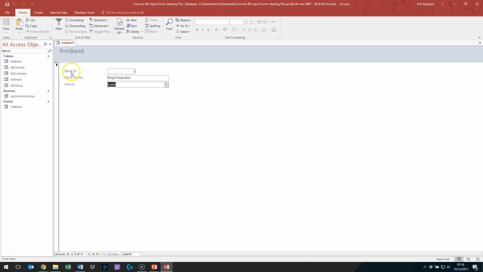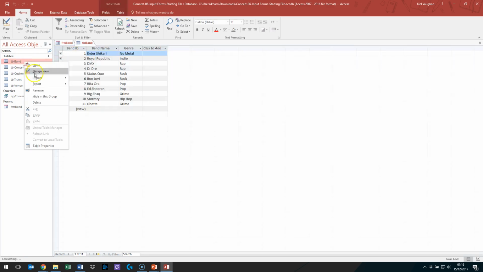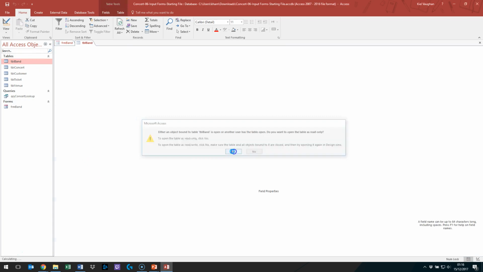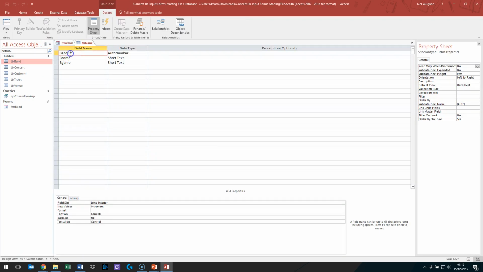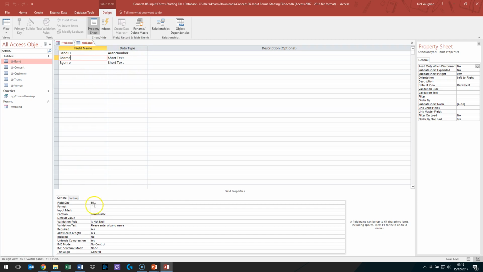Actually, a point about this: where have these captions come from? If you go to the band table, you go in Design View, click on Band ID there. In here, you have caption. Now, caption will be reproduced on the form when this table gets used through the form creation wizard, and it's always good practice to incorporate a plain English caption in the caption box,